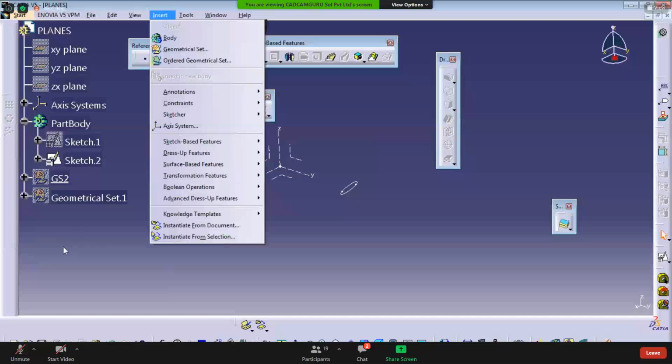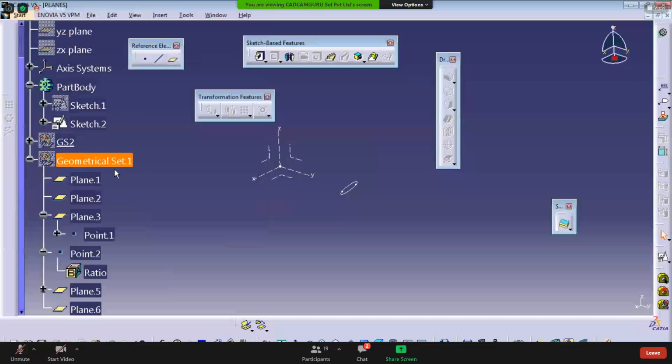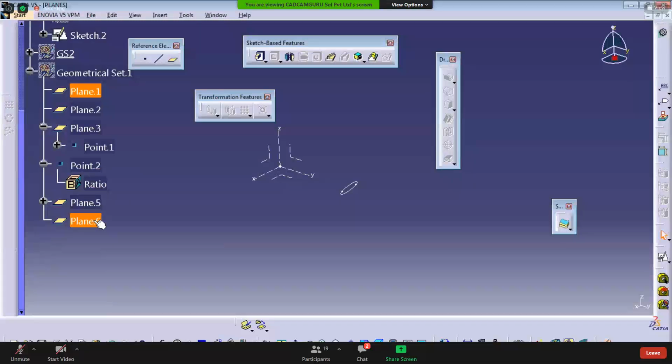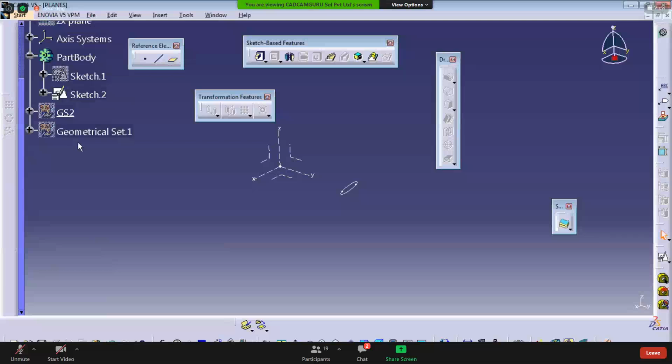In this first group, you can see we are doing the grouping for patterning purposes. Similarly, the references are grouped together. Here you can see the number of entities: 6 planes and 2 points. For better management, I introduce one more group. Here are the three groups of points and planes.